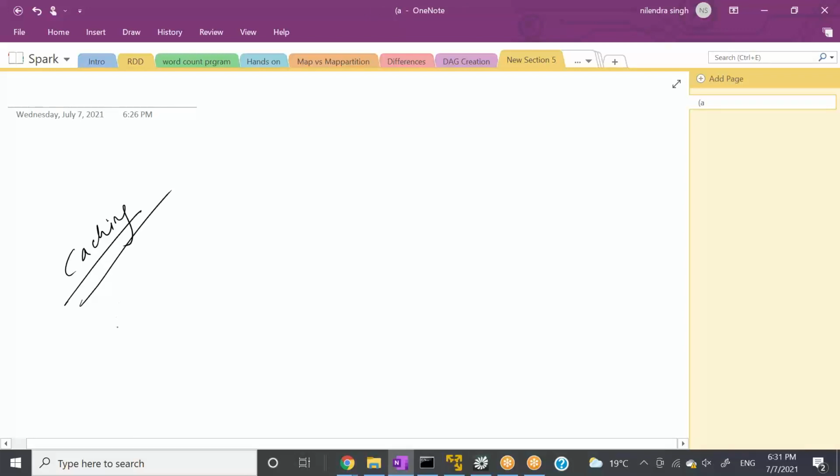If you are reusing some calculation, so what are RDDs? RDDs are calculations or transformations on some data, right? So let's say you are using RDD3, which came out of reading a file, extracting words from it, and filtering some words from it. So ideally you did three transformations on one file and you get RDD3.